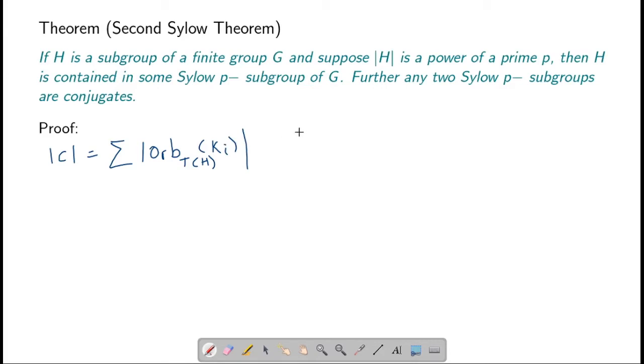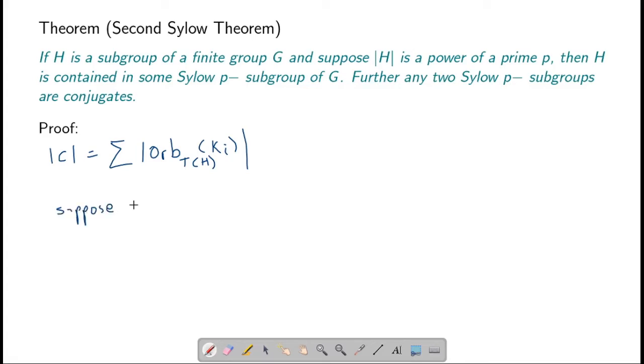So let us try to understand what we have reached at. We want to show that one of these is 1. Okay, we want to show that one of these orbits has a single element in it. What happens if it does not have a single element in it? If it does not have a single element in it, it means that it is going to be some power of p. So suppose none of these,